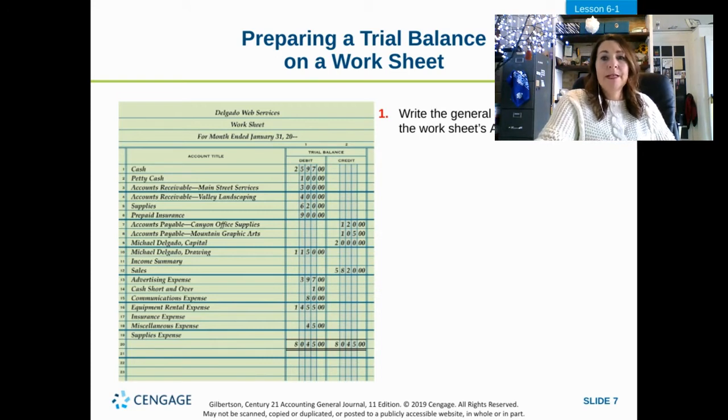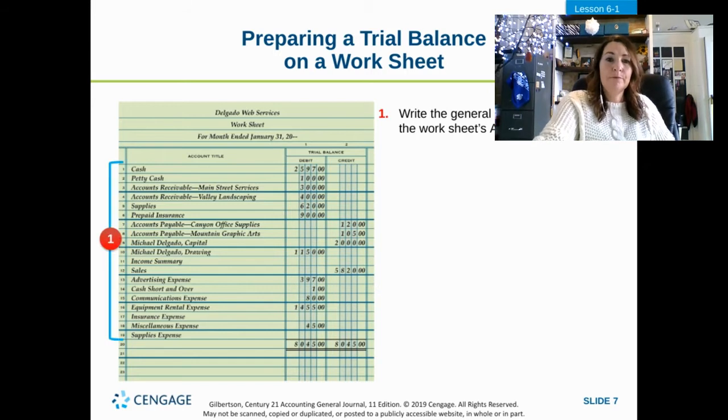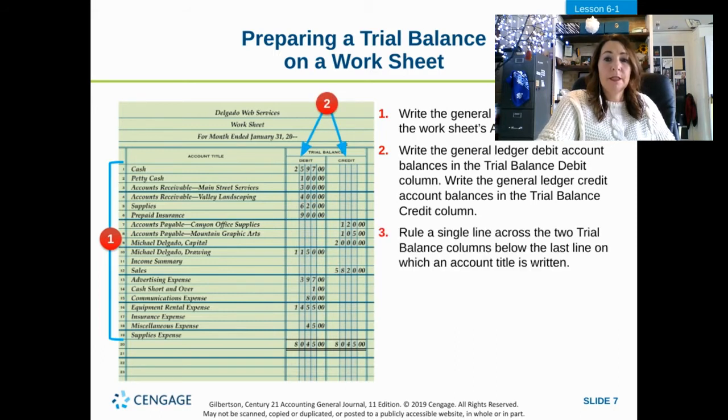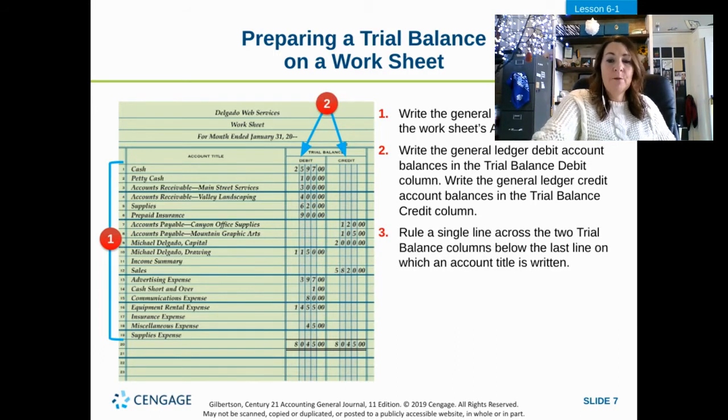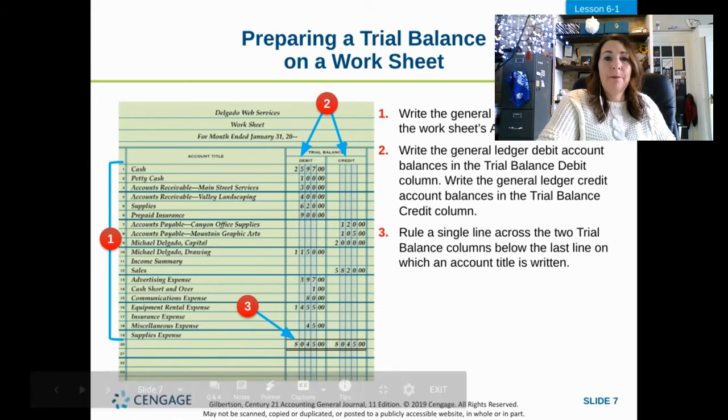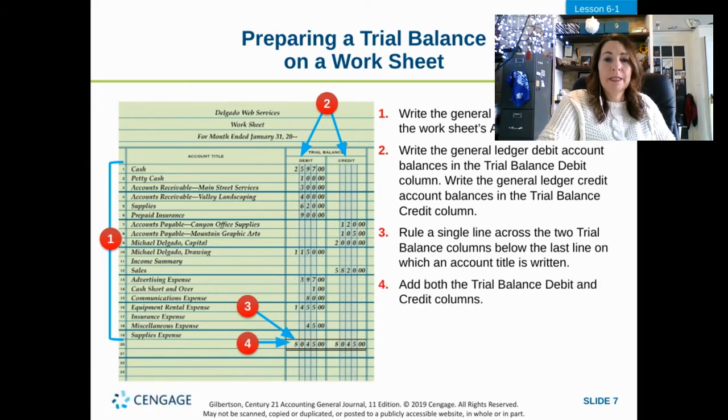So one, we're going to write the general account titles in the account title column over here. Then we're going to write their balances in the trial balance columns. Whenever we get that done, we're going to draw a line down at the bottom to show that we're going to do some math, and we're going to add up our debits and add up our credits